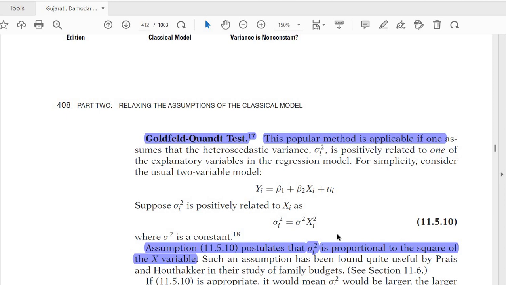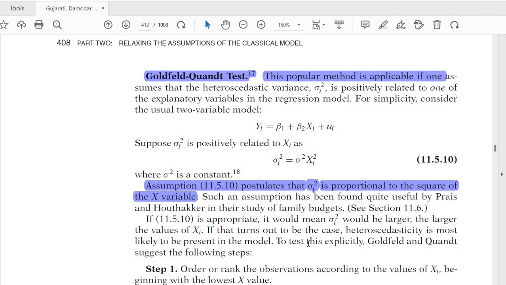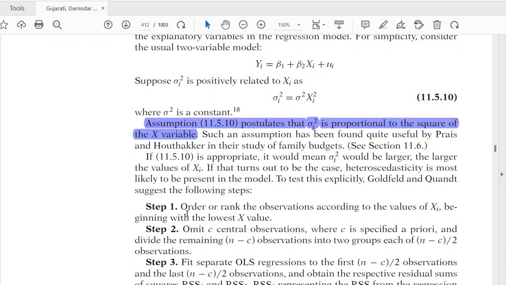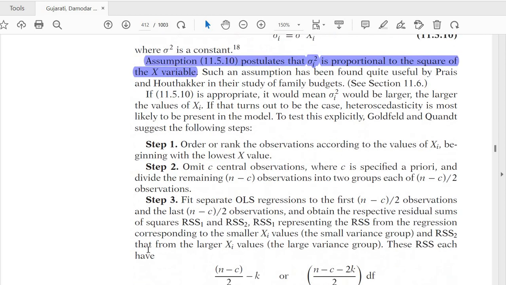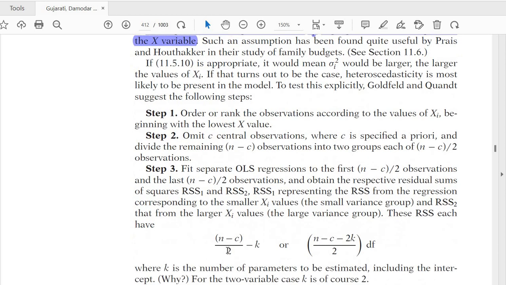RSS2 कह दो, और RSS1 और RSS2 को जमा कर लें तो RSS बनेगा। फिर इसको करना क्या है, ये स्टेप्स लिखे हुए हैं। Order the rank of observation according to value of X, omit C central observations which are specified a priori, मतलब पहले से बताया हुआ क्राइटेरिया, भाई 10 डिलीट करनी है, या 12 करनी है, या 5 करनी है। Divide into n-c जो आएगा उस ऑब्जर्वेशन को दो पार्ट्स में, यानी n-c/2 आ जाएगा। फिर उसके बाद रिग्रेशन निकालो दोनों का, RSS1 और RSS2, और दोनों को जमा कर लो।